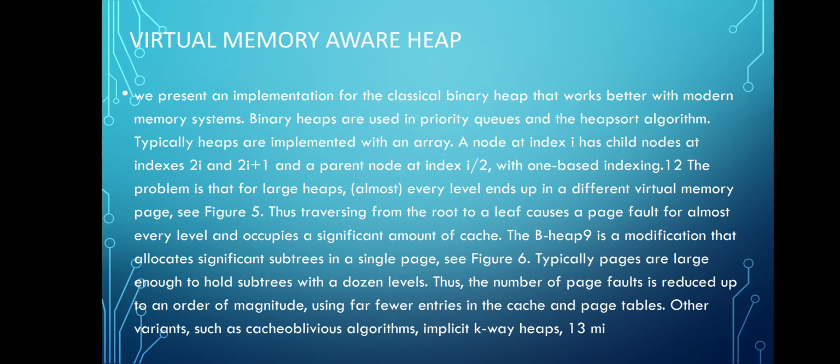The B heap is a modification that allocates significant subtrees in a single page. Typically, pages are large enough to hold subtrees with a dozen levels. Thus, the number of page faults is reduced by up to an order of magnitude, using far fewer entries in the cache and page tables. Other variants such as cache oblivious algorithms, implicit heaps,